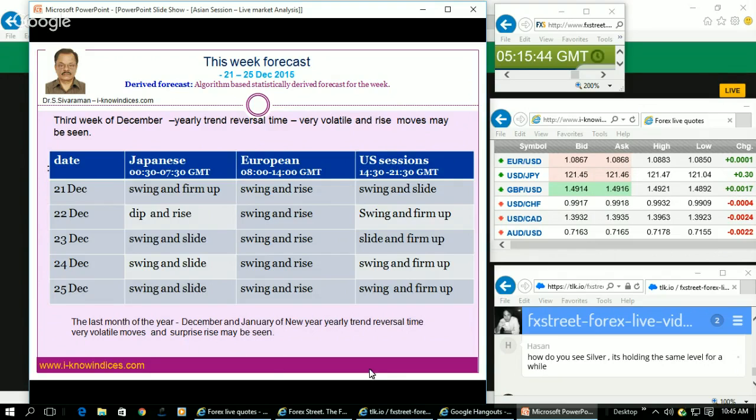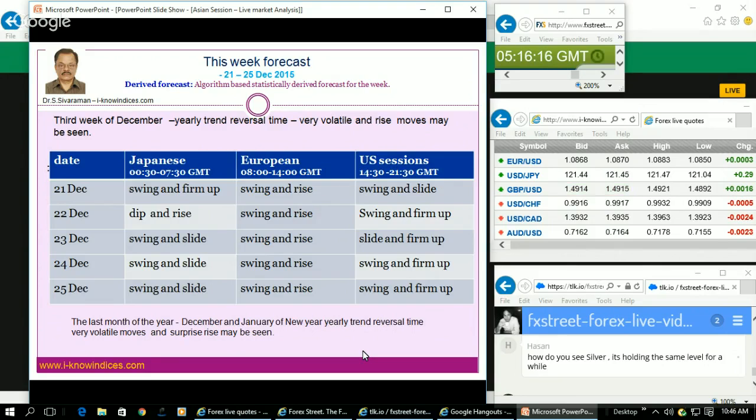So it is the last month of the year, and the yearly trend reversal is expected to happen during this particular time frame. Keep in mind that you can only do swing trade during the trend reversal time. We have seen the monthly trend reversal, and the yearly trend reversals will be very big moves. That is what you come across. So there is no question of bearishness and bullishness involved in the market, and they will make extended stops either way and try to earn as much as possible.